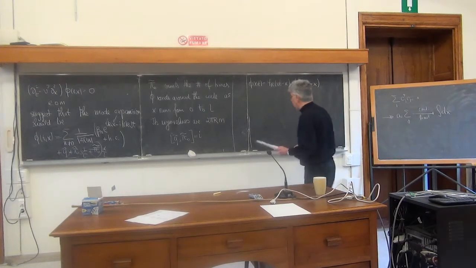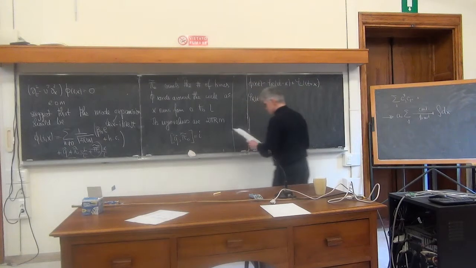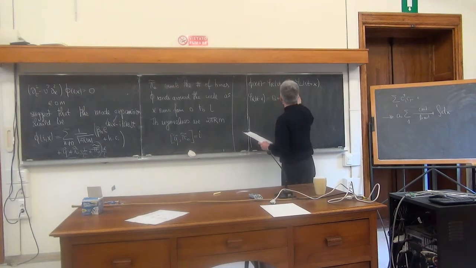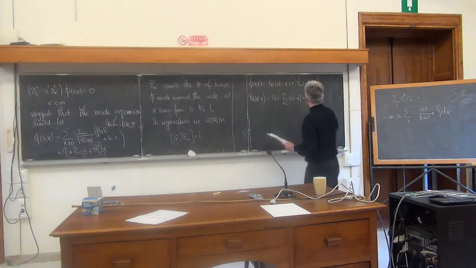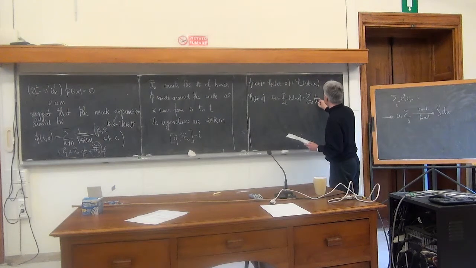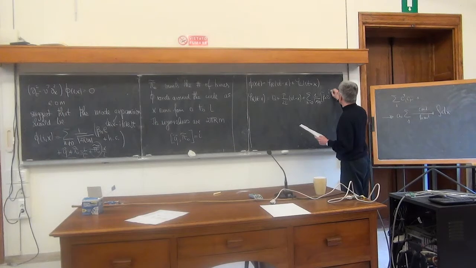These are defined as follows. phi right of vt minus x is Q plus P over 2L (vt minus x) plus the sum over n from 1 to infinity of 1 over the square root of 4 pi n, beta n e to the i k_n (x minus vt) plus beta n dagger e to the minus i k_n (x minus vt),